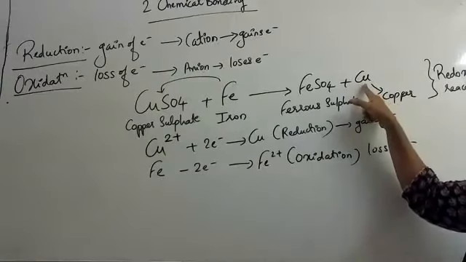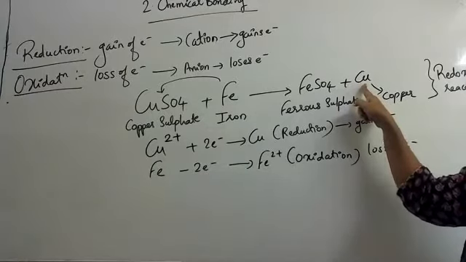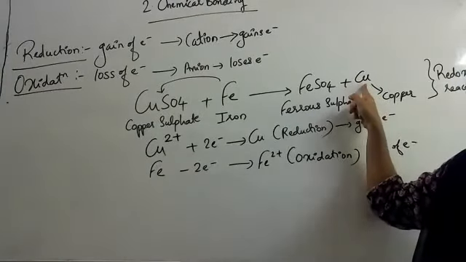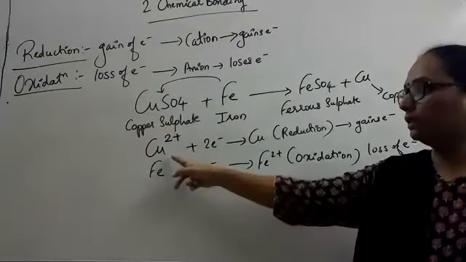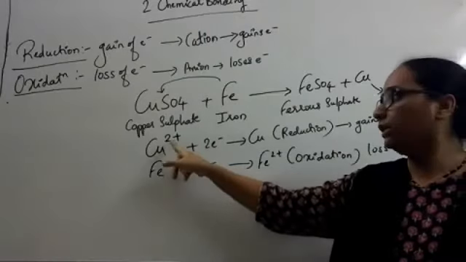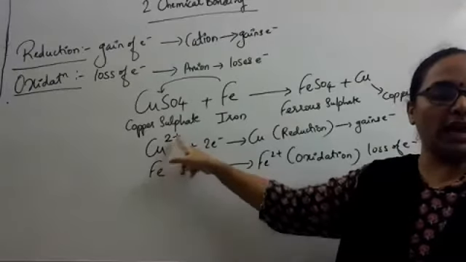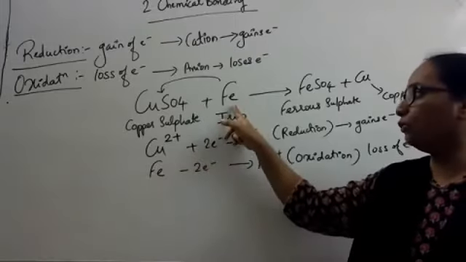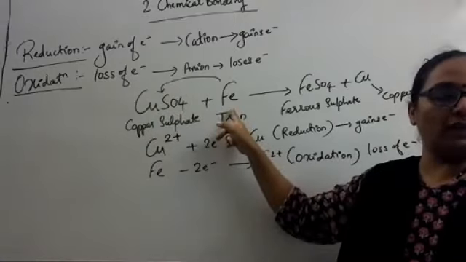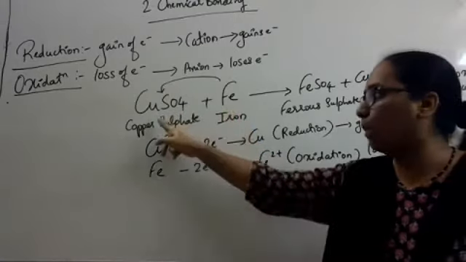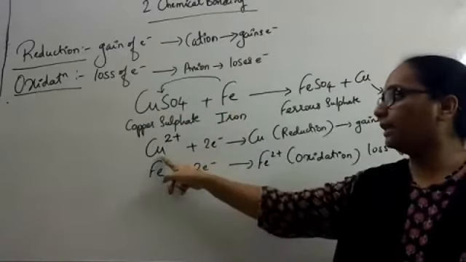We have seen that copper is formed in the product side, means it is neutral. You can see there is no charge present on copper over here. So this copper, a single metal that is separated from copper sulfate, how the reaction takes place is that copper ions form cupric ions. Cupric ions mean Cu2+. Okay. So as it has lost 2 electrons, it is going to gain 2 electrons from ferrous. So ferrous, when it replaces the position of copper, is going to donate its 2 electrons from the last shell to copper. Okay. So these 2 electrons from ferrous are accepted by copper.